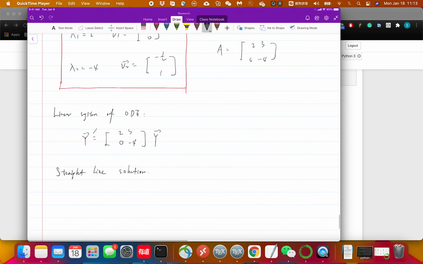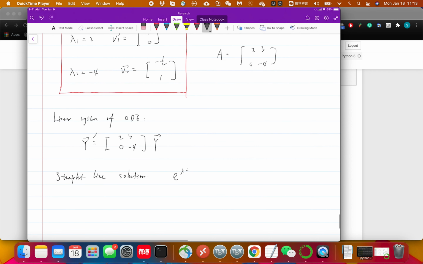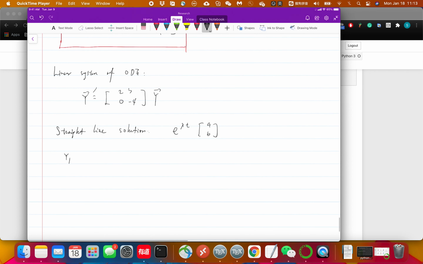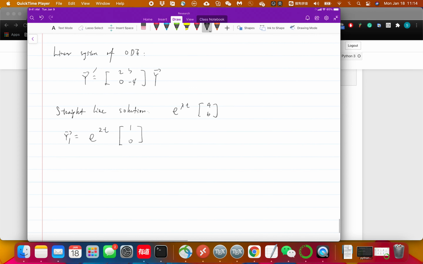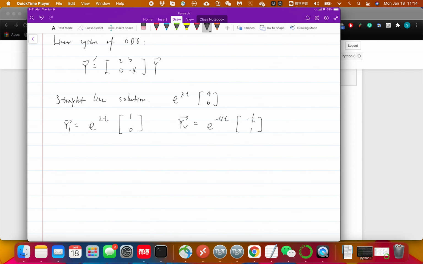What are they? e^(λt) (a, b). So the first one is going to be λ = 2, with the eigenvector (1, 0). The second one is going to be λ = -4, with its eigenvector. So what about the general solution? The general solution is going to be C1 e